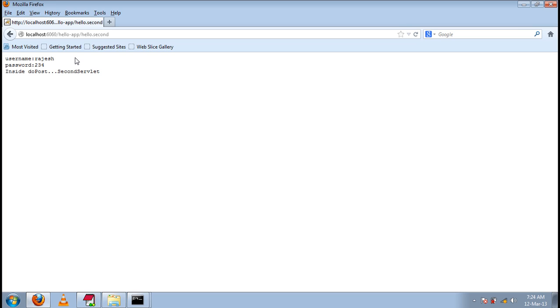But if it is hidden form fields or URL rewriting, for each and every subsequent request, we ourselves should write some code so that the information will be available in all the subsequent requests. Understood? But in case of cookies, it is the responsibility of the browser to send the cookies to the server, and the server will add the cookies in the request. Understood? Now,